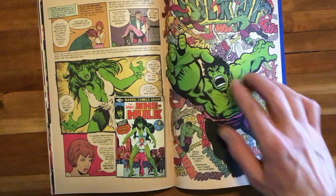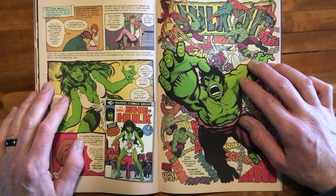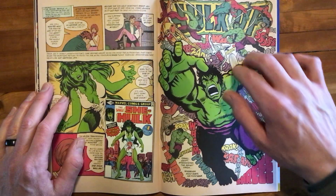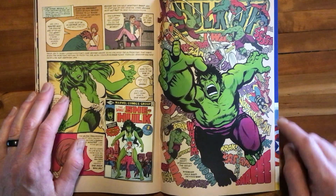And we have another incredible montage page here. Totally awesome, Sal Buscema channeling Sal here. Who do we have Hulk battling here? The Presence, 3D Man, Captain Marvel, Silver Surfer again, Wood God, Thor,